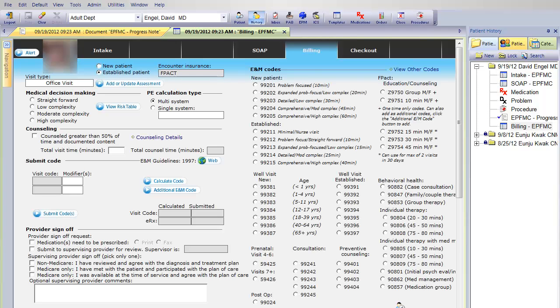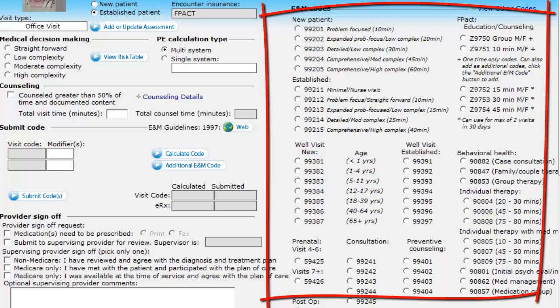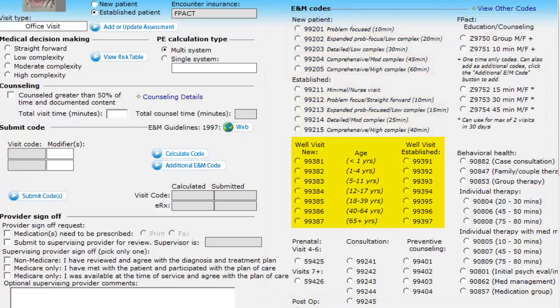So this is the billing template. Though it looks complex, it is actually very simple to use. In general, you only need to make 2 clicks in this template and you're done. First, you need to select the E&M code in this section. You can see you have your newly established visit codes, as well as well-child and well-adult codes based on age. There are also FPact education and counseling codes as well here that appear only if the patient is using FPact